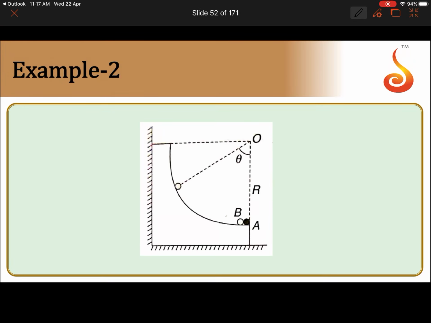So this is the situation. Here initial situation is shown. A and B were in contact. So they were given charge capital Q equally divided, Q by 2, Q by 2. So repulsion takes place. B is repelled. And the equilibrium position is such that this is making an angle theta. We can make the free body diagram here in this figure itself.